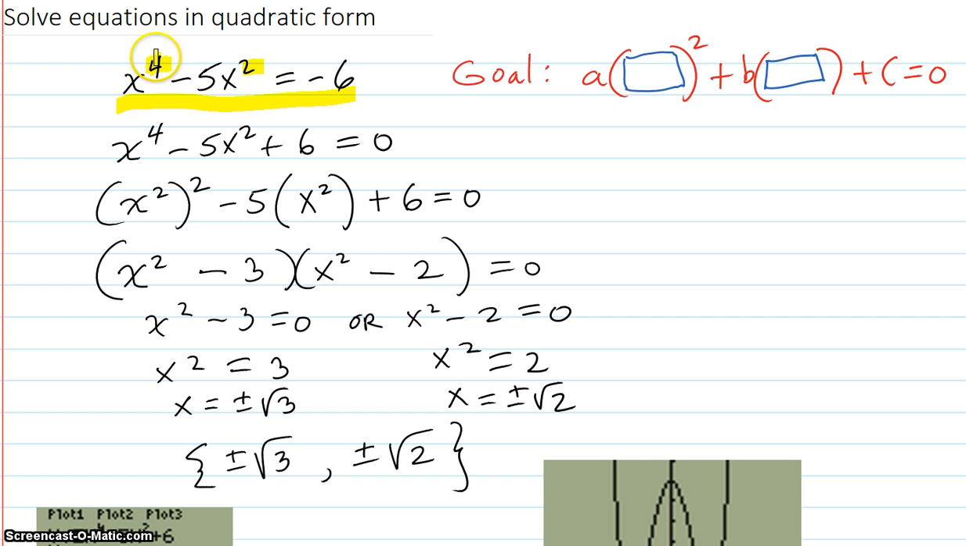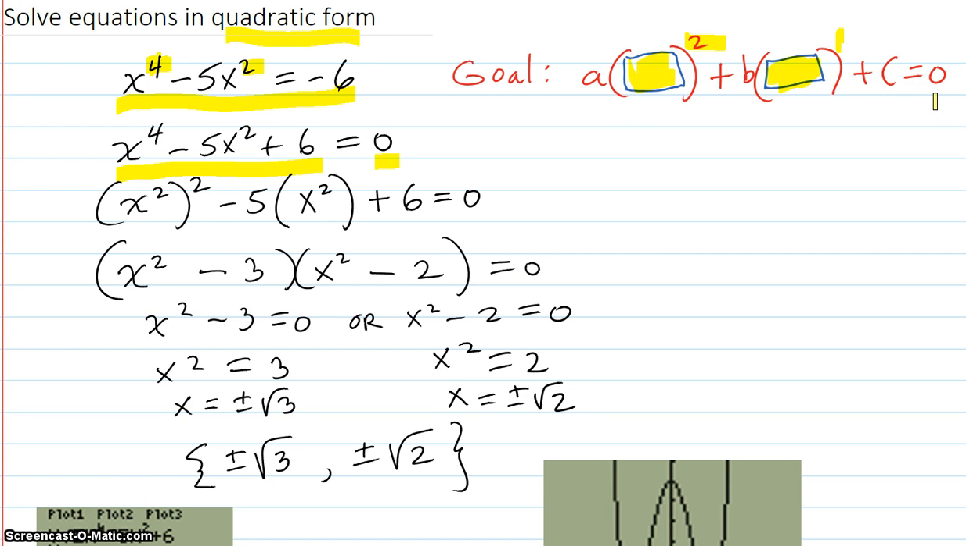So if it was a sixth degree and a third degree, or an eighth degree and a fourth degree, it would work out as a quadratic form. So we add 6 to both sides, and now we're here. And now our goal is to get some kind of expression squared plus b times the expression plus c. So you get the 2-1